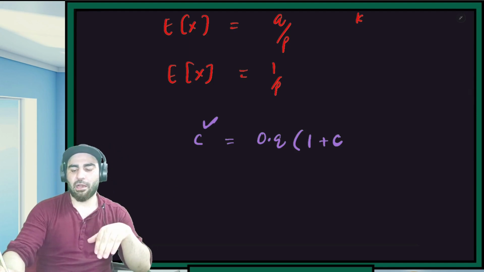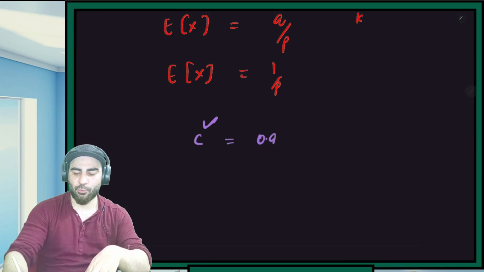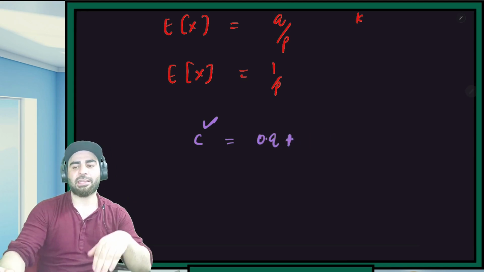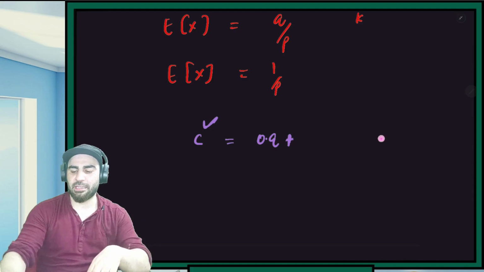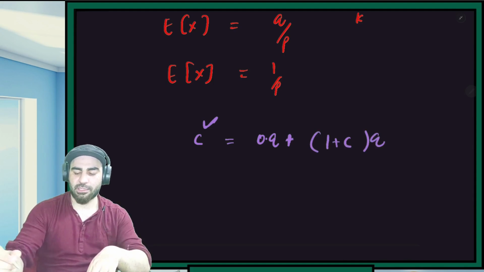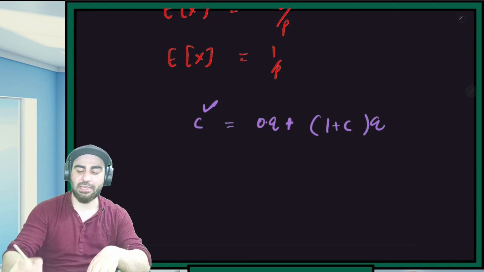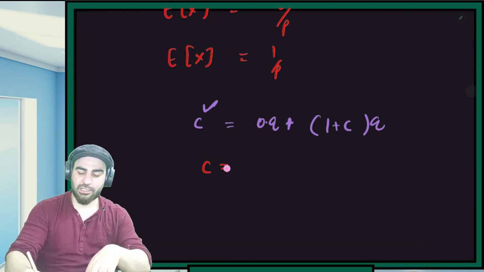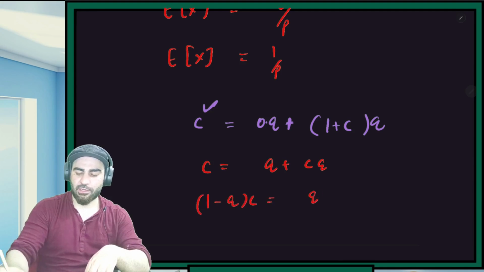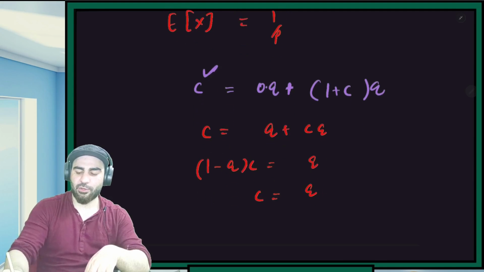I'll see 1 plus c of this. So this is 0 multiplied by q, plus, now I'll get, let's suppose, some success, q into 1 plus c, something of this sort. So this is a recursive equation. I first need to check it. So c is equal to q plus cq. This is 1 minus q divided by,